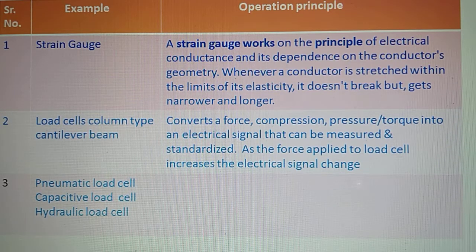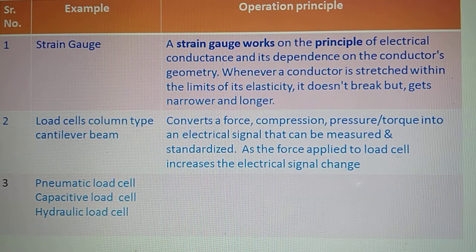The next kind of gauge is based on force or torque. The working principle of the gauges based on physical quantities like force and torque is that they respond to applied forces. As much force as you apply, they respond fast, and convert that applied force into a measurable value. This is the working principle of all of the gauges below. So let's take the first example, the strain gauge.